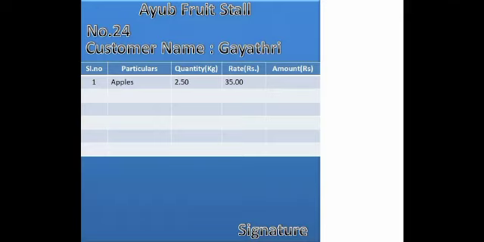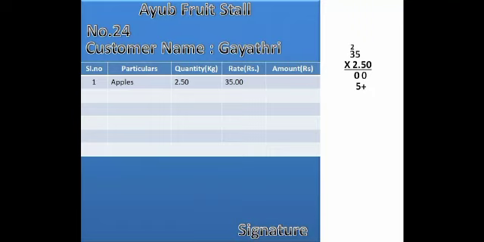So first one is apple. Now apple is 2.5 kg. The cost of 1 kg is 35 rupees. Now here you have to multiply the quantity and the rate to get the final amount. That is 35 rupees into 2.50. Now 0 5s are 0, 0 3s are 0. Okay, then in units number, that is under 0, you will put a plus sign. Then you will multiply with 5. 5 5s are 25. 5 you will write down. 2 you will carry up.